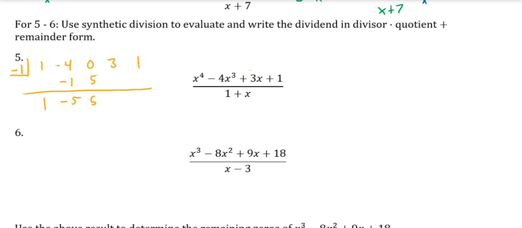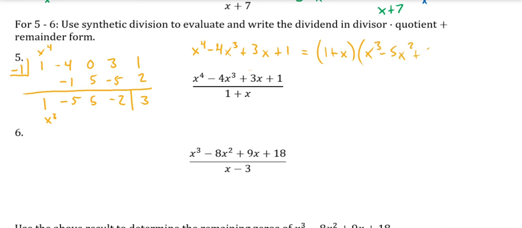Minus 1 times positive 5 is negative 5. Take their sum, that's minus 2. Minus 1 times minus 2 is 2. Take their sum, that's 3. So if this began as x to the fourth, this is going to drop down to x to the third. And we would say then that x to the fourth minus 4x to the third plus 3x plus 1 is going to be equal to 1 plus x times x to the third minus 5x squared plus 5x minus 2